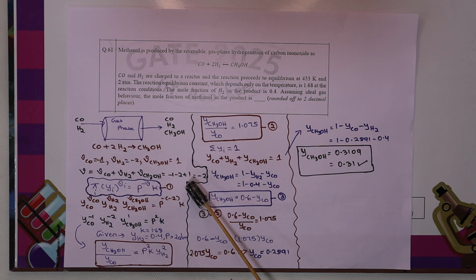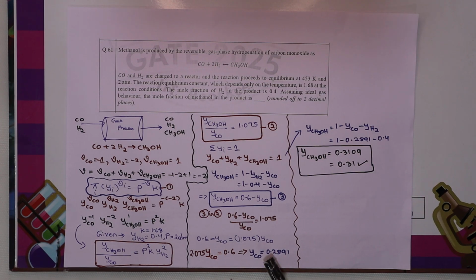Then sigma yi equal to 1. You already know that the fraction of all the components will be equal to 1, that is the fraction of CO plus the fraction of hydrogen plus the fraction of methanol equal to 1, because only 3 components are present at the end. So the fraction of methanol is 1 minus the fraction of hydrogen minus the fraction of carbon monoxide, that is 1 minus 0.4 minus this one. So the fraction of methanol is nothing but 0.6 minus the fraction of carbon monoxide. Now you substitute the fraction of methanol in this particular equation, and you can find out the fraction of carbon monoxide is nothing but